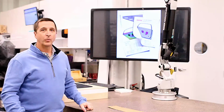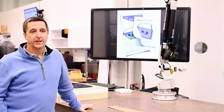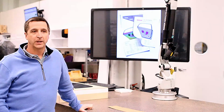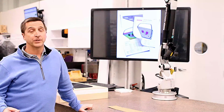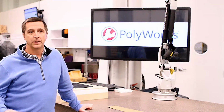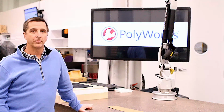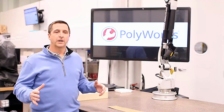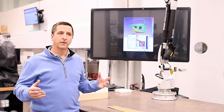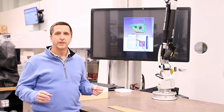Okay, we're here at the Romer Arm 3D scanner, and I just want to talk about a process that we have developed that has saved us an immense amount of time in our development process of pattern development for upholstery work. So if you imagine a chair where you have to develop 5, 6, 7, 8 different patterns, and you